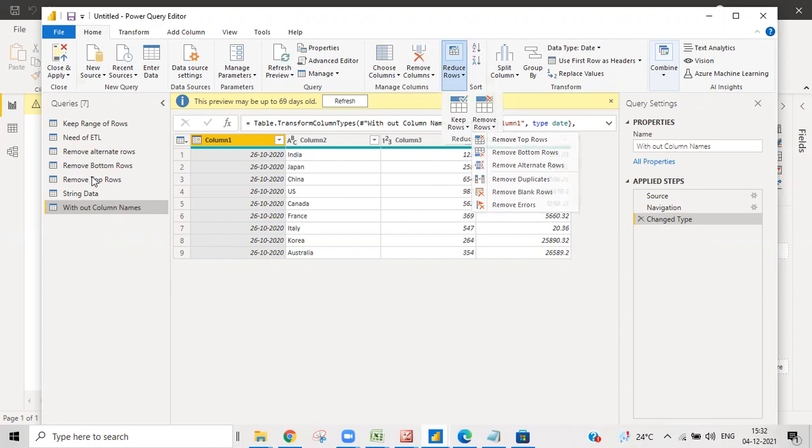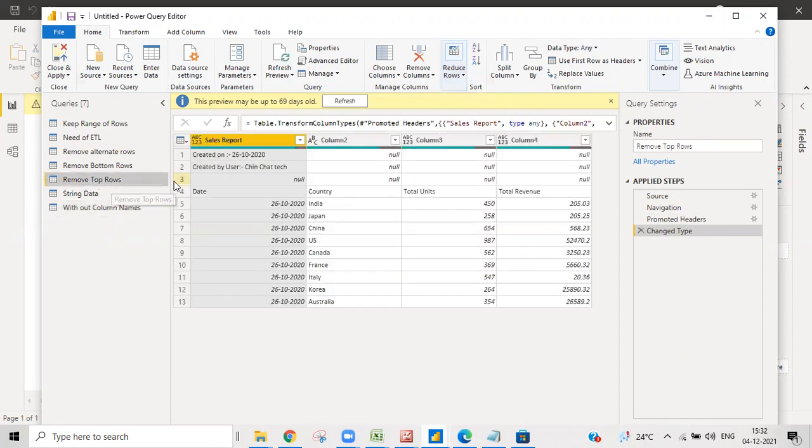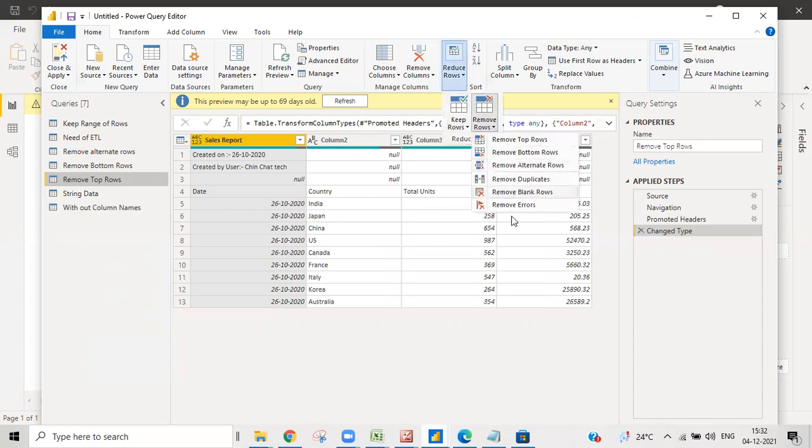First of all, let's go with Remove Top Rows. I'll select this Remove Top Rows table. You can find there is a lot of unnecessary, dirty data in this table. You can see that the first three rows are dirty data, and the fourth row is the column header. So you want to delete these three. Obviously I'll go with Remove Rows, and there I have a lot of options.